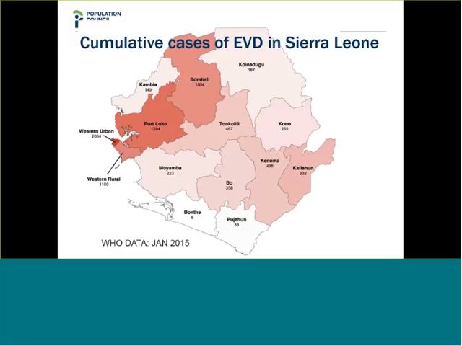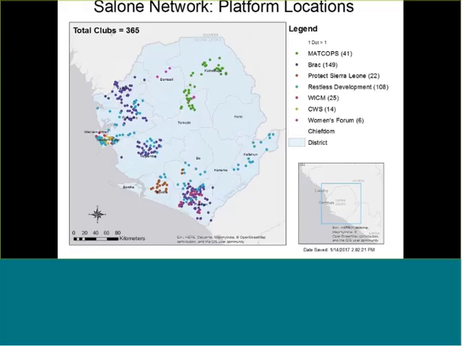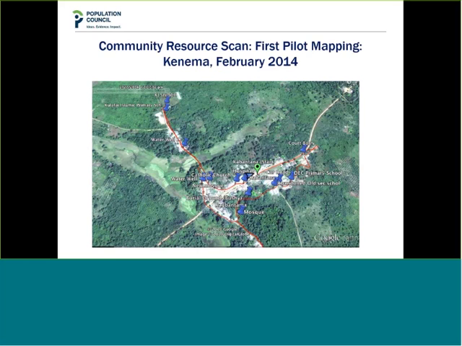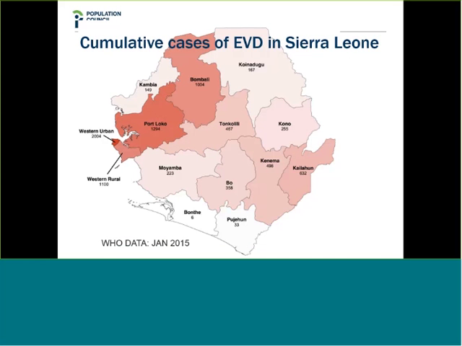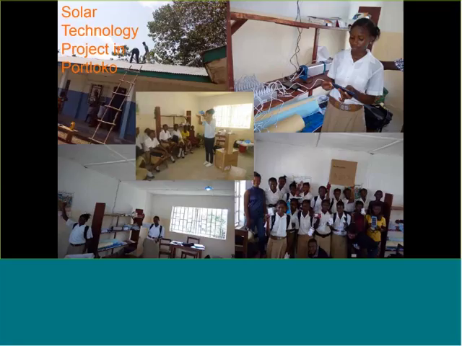That's also where we have a higher concentration of our partners working in Potloko. So you will see, if I come back to this map, that a good number of our partners are working up here in Potloko. So we decided, working closely with Restless Development, that this new technology, this new innovation that we wanted to test and experiment with, will be situated in Potloko with Restless Development in this case. And together with the network, we have been able to experiment with this